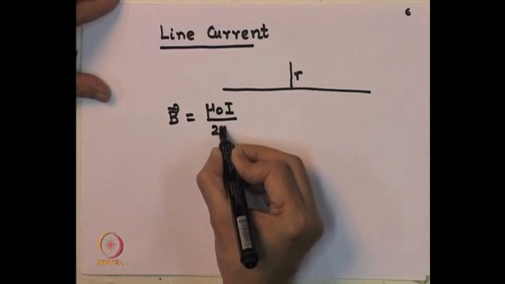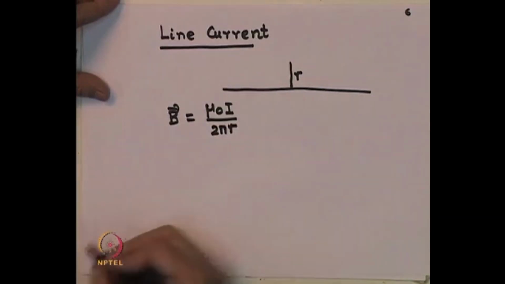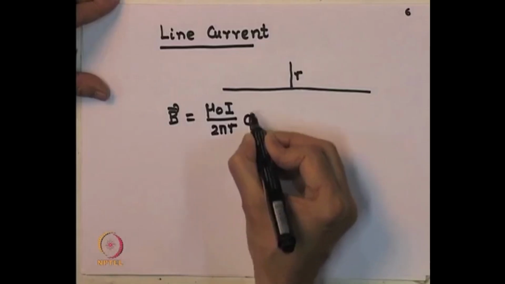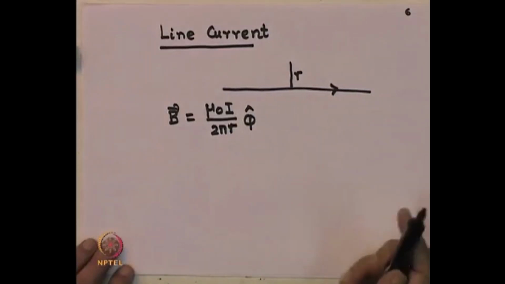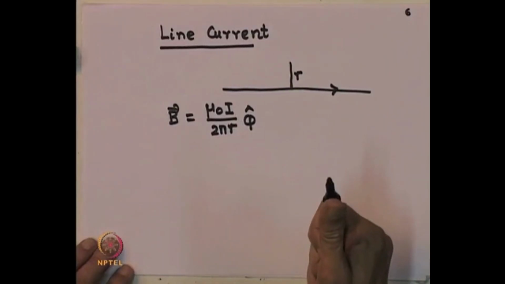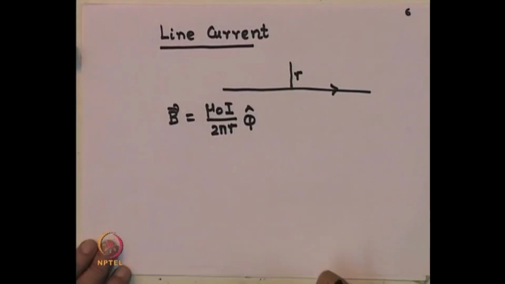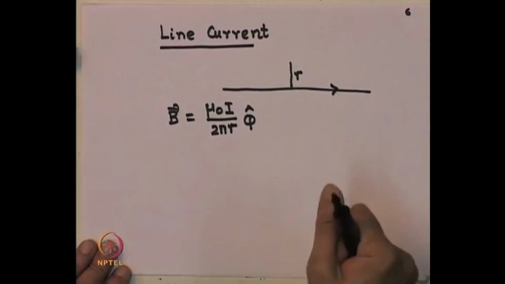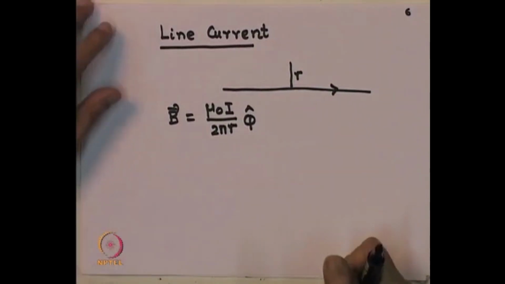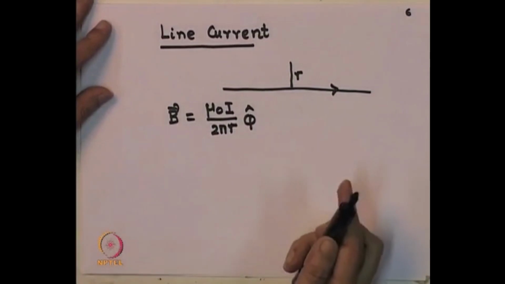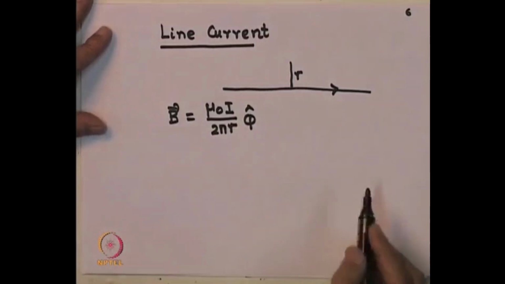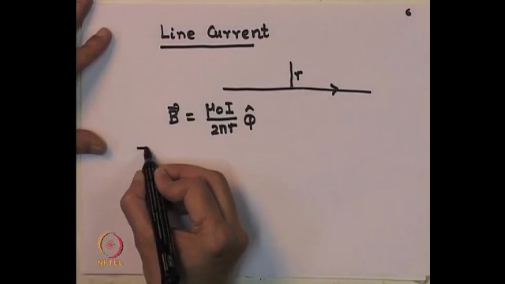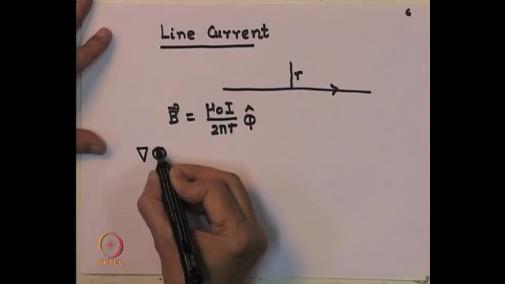R is the distance from the line, and I know its direction is the azimuthal direction. We had seen that what you have to do is hold the wire with your thumb pointing in the direction of the current, and then the way your fingers curl gives you the direction of the magnetic field there. Now, since I have a cylindrical symmetry, let me look at what the gradient looks like